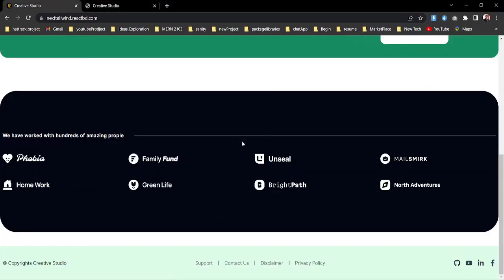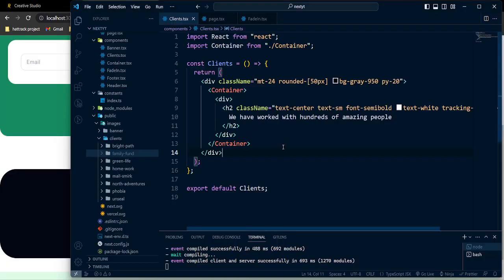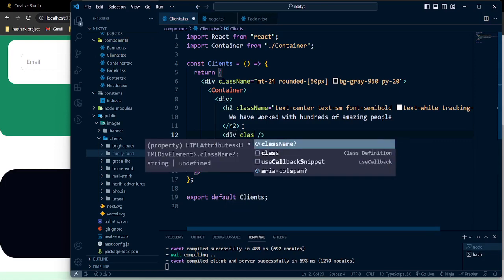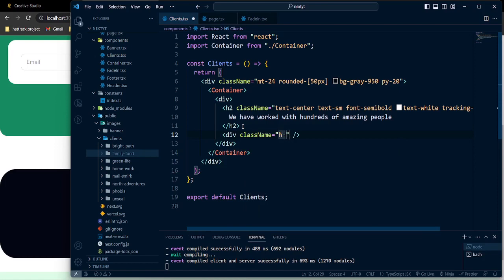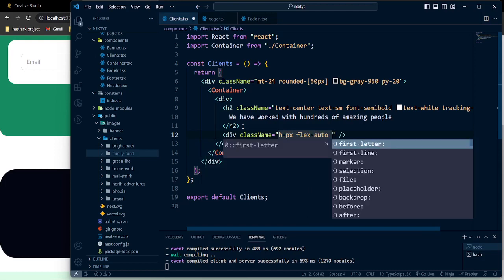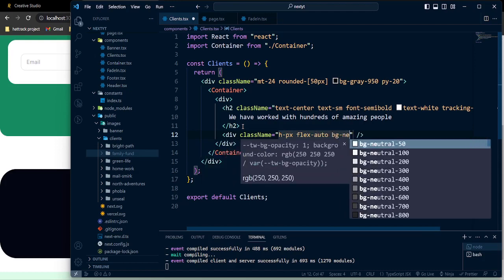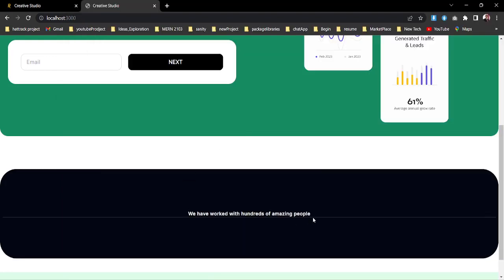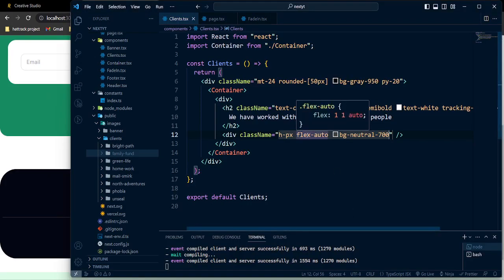And now we need to implement that line over here, and to get that one, after that h2 tag, I'm gonna take another div, actually not a full div, I'm gonna take a self-closing div. And now let's give a class name, h will be 1 pixel, and flex auto, and also bg neutral, I'm gonna give a neutral of 700. So now that is already over here, but what we need to do in our top level,